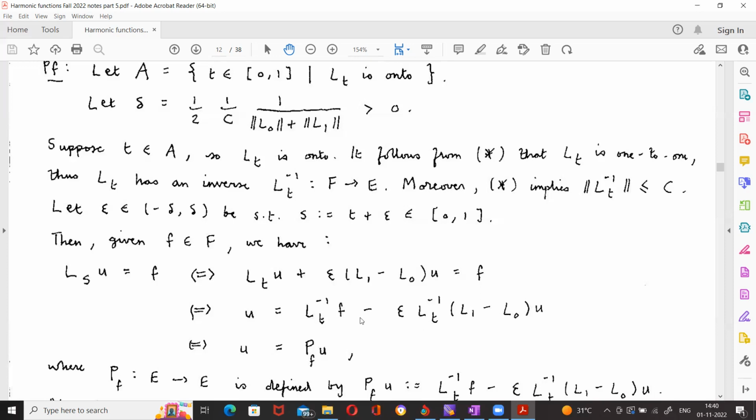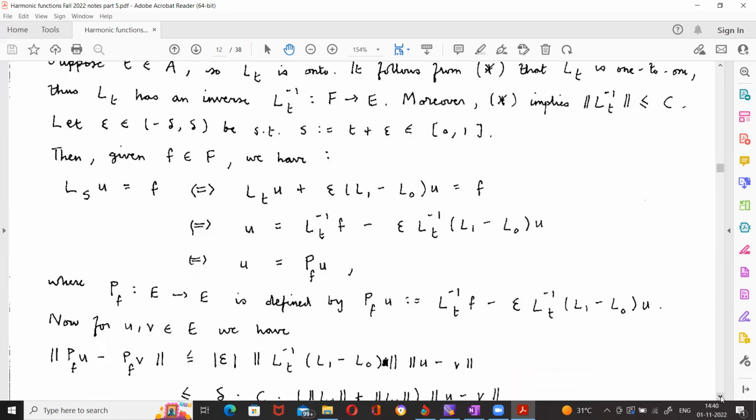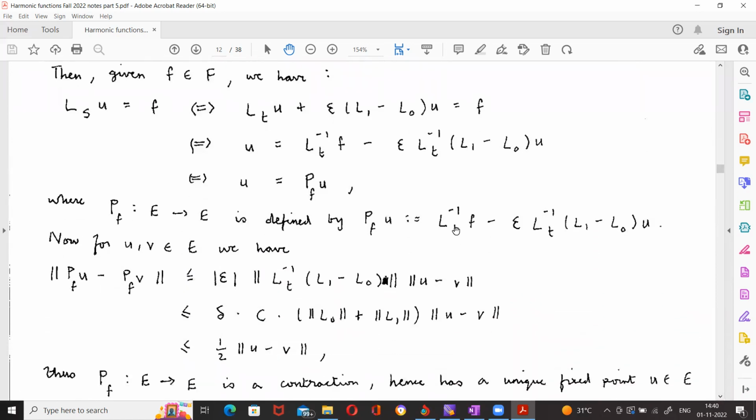So this right-hand side I think of as an operator from E to E, right? This is going from E to E. So let me call this P sub F. So P sub F is the operator from E to E. P sub F of U is LT inverse F minus epsilon LT inverse (L1 minus L0) of U. Okay. So all we have to do is show that this is a contraction. So we look at